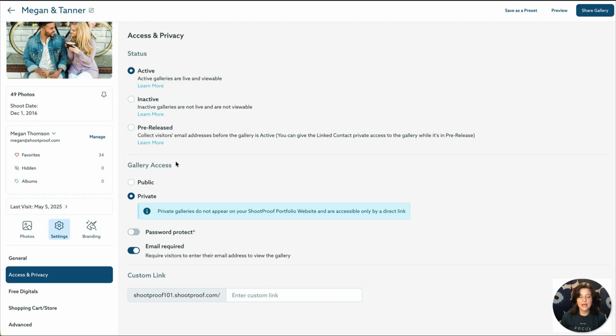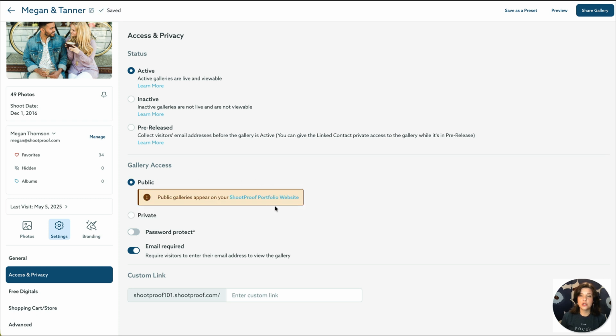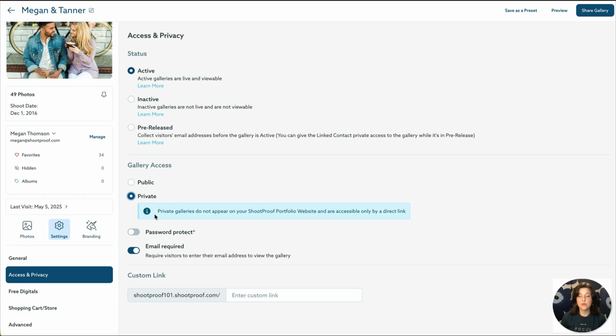Now, gallery access is where the gallery is going to show. So public galleries are going to show on your ShootProof portfolio website. You don't have to have any galleries on there, like we mentioned. If you don't want anything to show on your ShootProof portfolio website, you want to make sure it is a private gallery. So private galleries don't show there, and you would need to give your client a direct link to